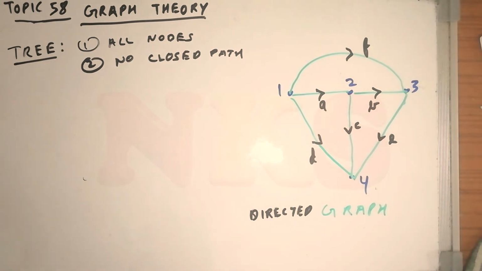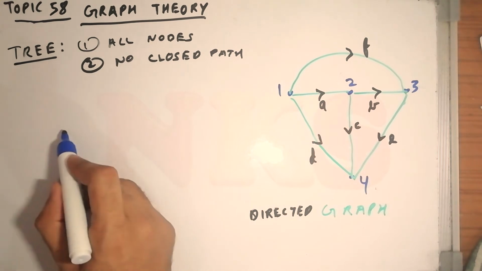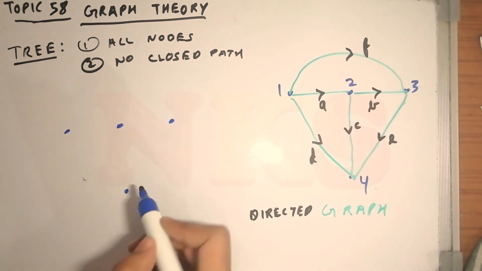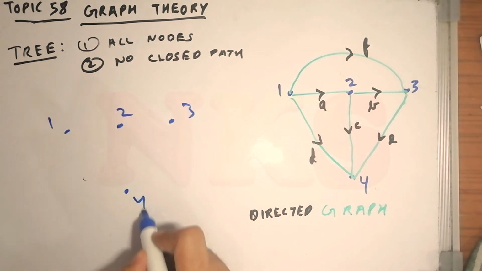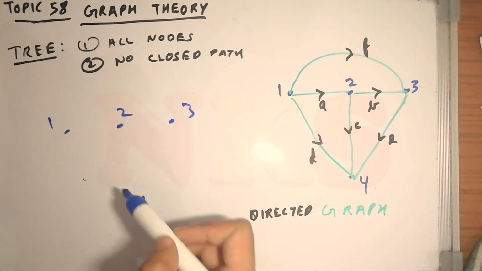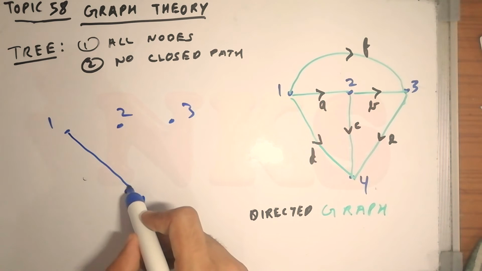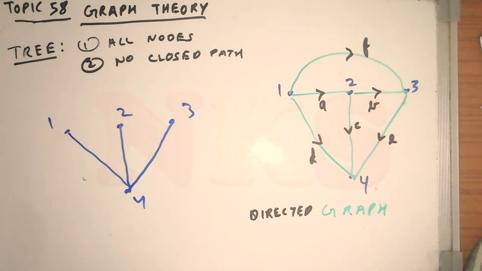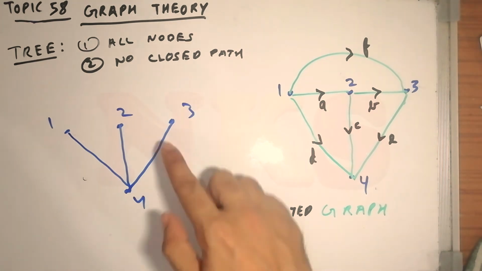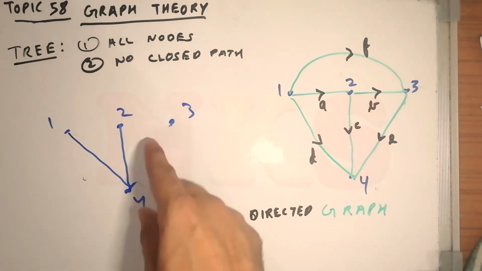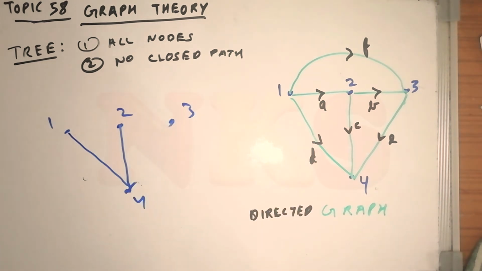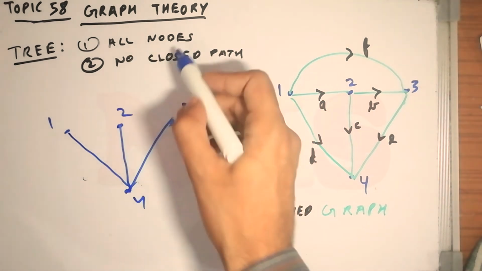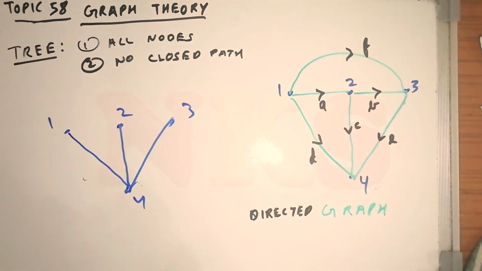We can have as many trees for a directed graph. See, this is a directed graph. The first condition is that we have all the nodes, so I have all the nodes. Now it is saying that there should be no closed path. So one tree could be this, and all the nodes should be connected. At least once a node should be connected, and then only it can contain all the nodes. If this branch is not there, then this node 3 will not be in this tree. That is the meaning of it should have all the nodes and no closed path. So this is one tree for this directed graph.